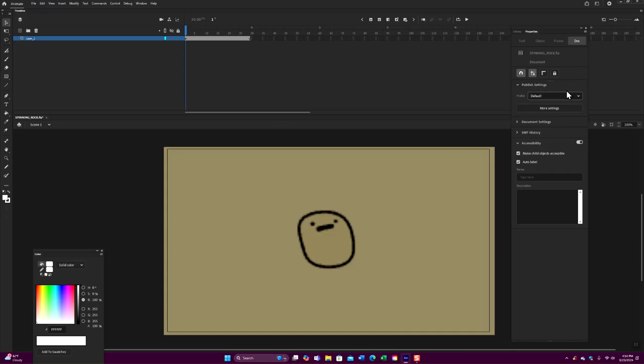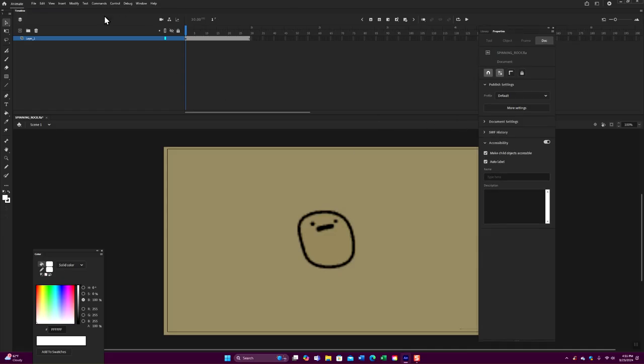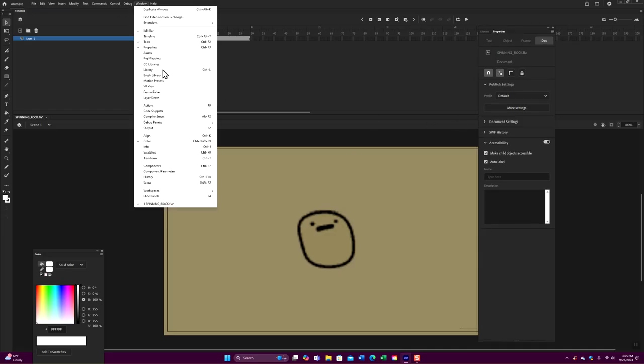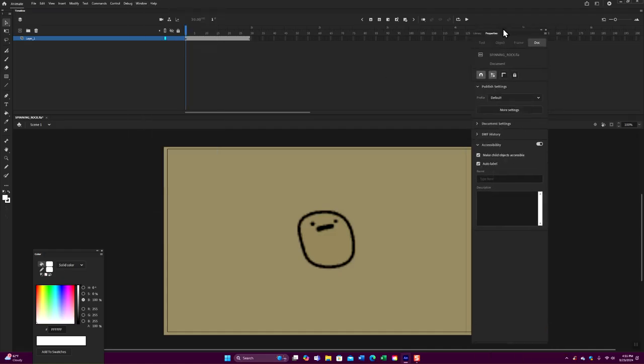First thing I want to do is make sure you have properties open. So if you remember, if you go up to Windows here and you click on properties, I'm clicking it off, and then I'm going to click it back on, and there it is. Properties is up here. Okay, so,